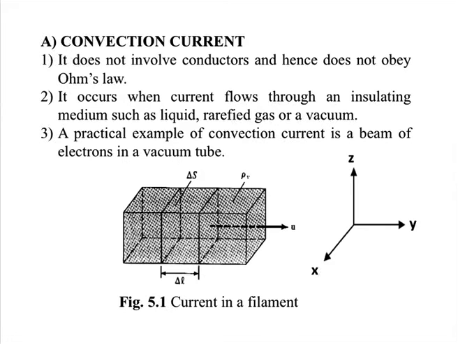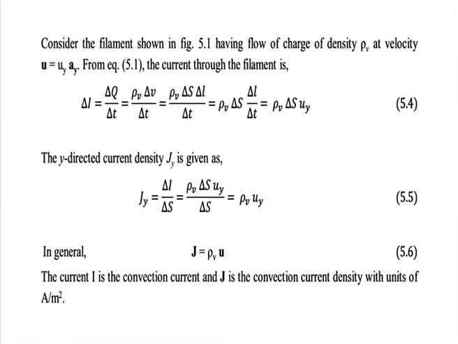Since the convection current does not flow through a conductor, it does not obey Ohm's law. It occurs when current flows through an insulating medium such as liquid, rarefied gas or vacuum. A practical example of convection current is a beam of electrons in a vacuum tube. Consider the filament shown in figure 5.1, where it can be seen that it has volume charge density of rho v and the charges are moving in the direction of y, that is u is equal to uy into ay,